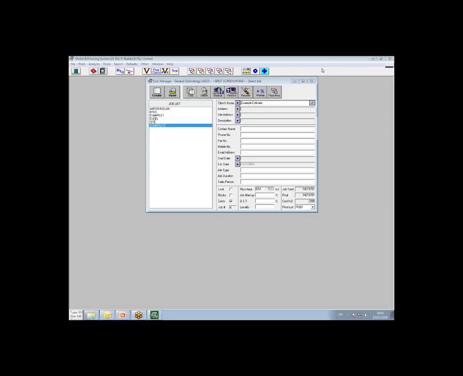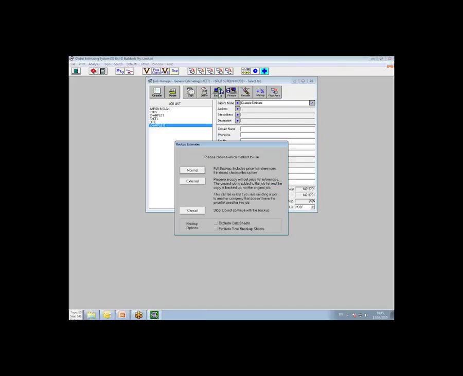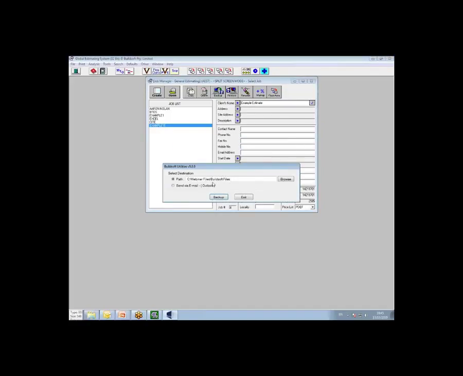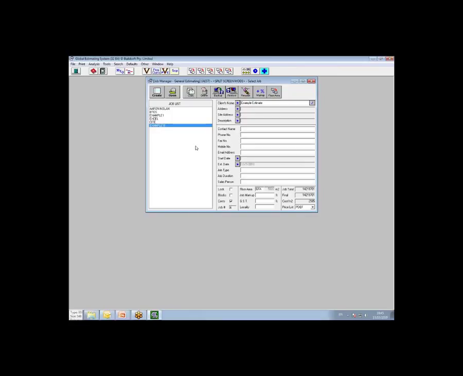Okay, so as I was saying, when you're sending out the file with the new backup procedure, you can choose normal, and then you can just choose send via email Outlook, and that will create it for you. Now, bringing a job back in from an email back into Buildsoft,